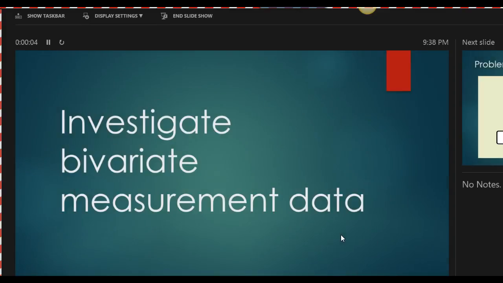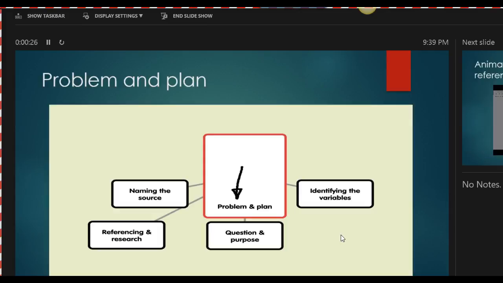The discussion is on investigation of bivariate measurement data. It follows from the PPDAC cycle. The problem and plan stage is the first thing, so we need to discuss the problem and plan. If you look at the flow chart, it shows the naming of the source is a very important thing, identifying